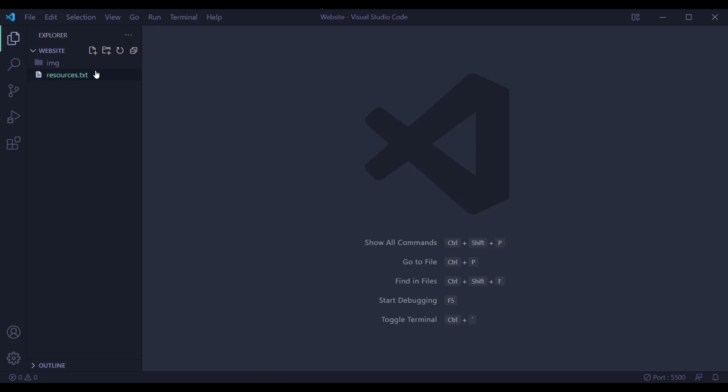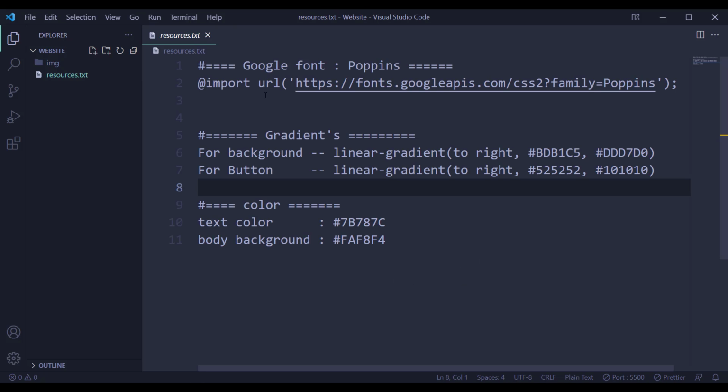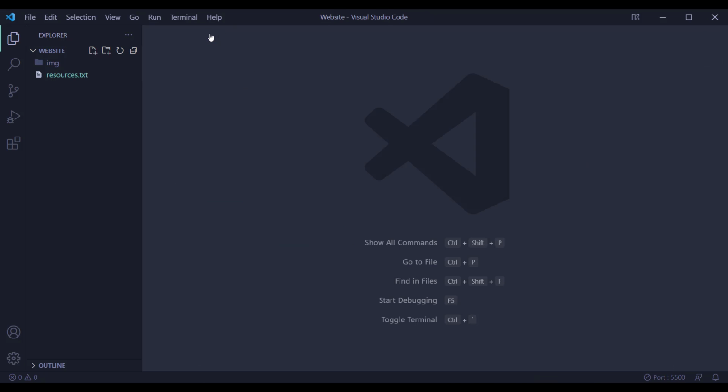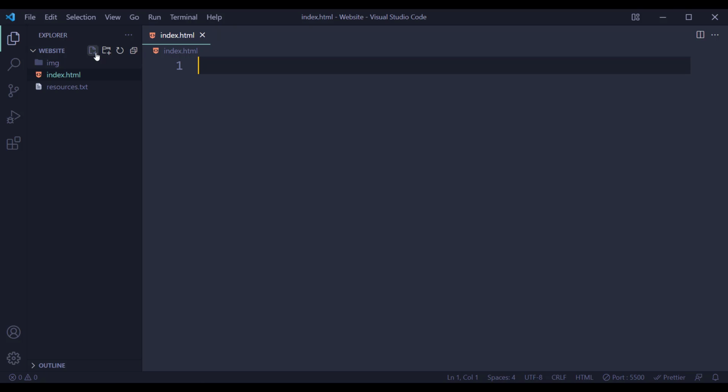In my VS Code I opened the project folder, and inside that I have a logo and the mockup image, and I have a text file in which I have a link for Google Fonts called Poppins and all the colors that we are going to use. So now let's create an index.html file and a style.css file,